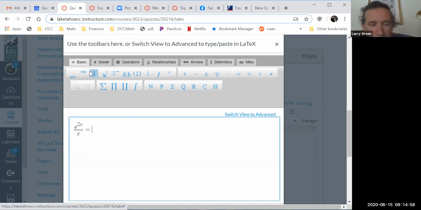And the key on this one is I'm going to take that over x, I'm just going to pull that outside. So 1 over x times the summation. Now, the hope is you have e to the x memorized, because, remember I told you, that's the most important power series of all power series, and nothing's even close to its importance. So that one you should know. So the idea is e to the x is the sum of x to the n over n factorial, and e to the 2x,